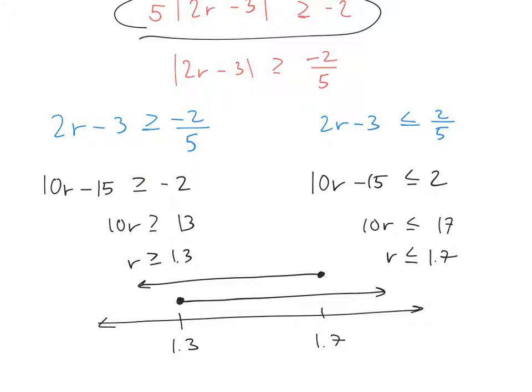What do we look for on the number line with an and statement? The overlap, which would be here, correct? Is everybody with me? If it were an or statement, what would the answer be? If this could be the answer, or this could be the answer, what is the actual answer if it's an or statement? Anything less than 1.3 or greater than